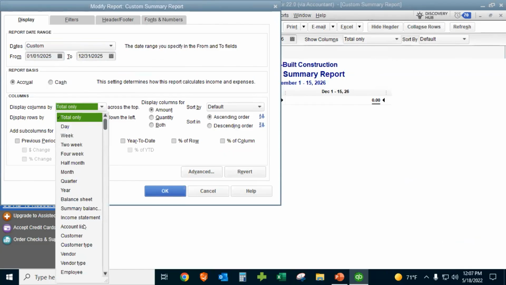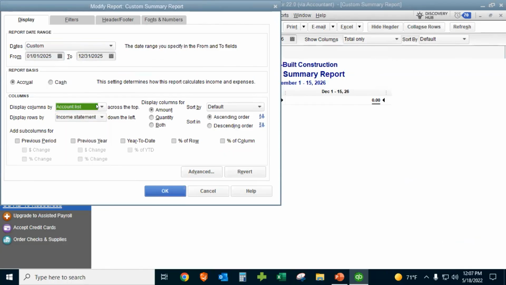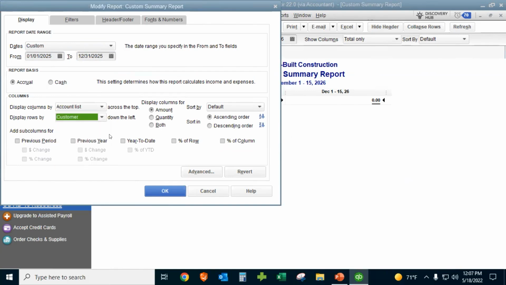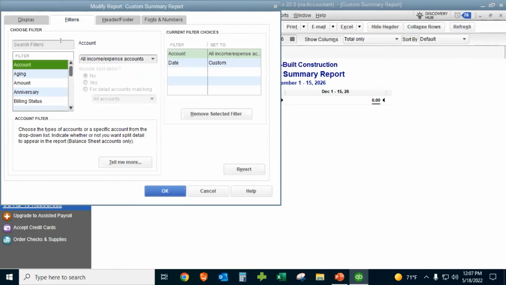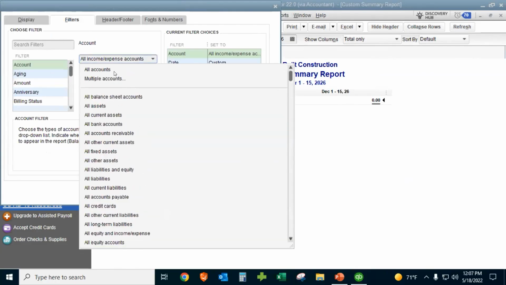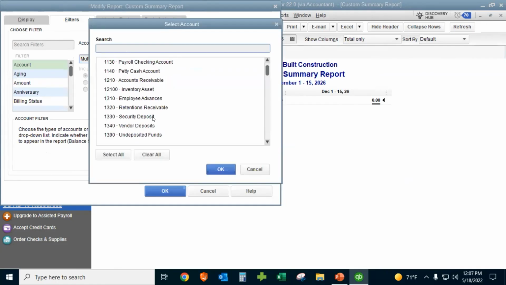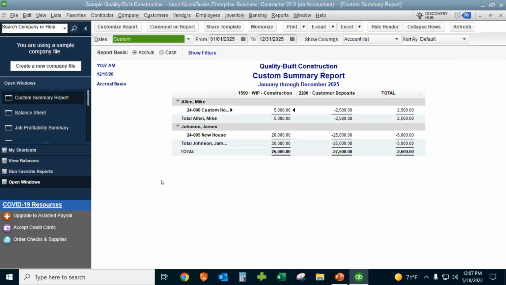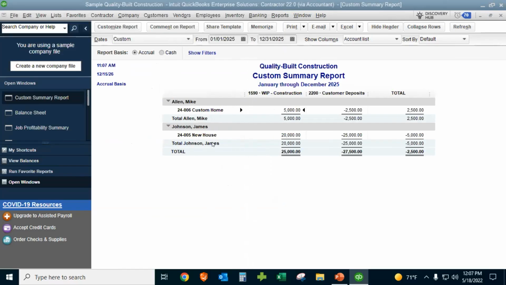And if we choose account list and jobs, we can filter it for some specific accounts that we want to look at. So if we want to just look at that construction in progress account and we want to see what our customer deposits balance is, if we're just running this report for those two specific accounts, this is a nice summary report that is going to